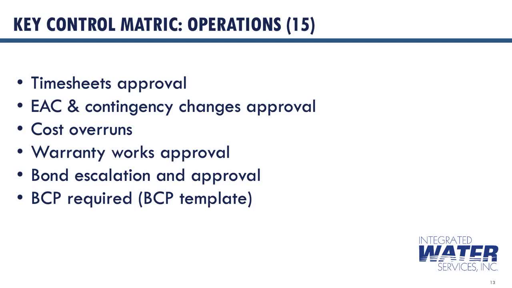Project contingencies are determined during budgeting, aligned with project risk, and require executive leadership team approval for release. The Senior Vice President of Field Operations and the CFO or VP Finance must approve all warranty work before acceptance. All bonds, tender or performance, need to be approved by the CFO. A business continuity plan, including crisis and disaster recovery procedures, is operational for all sites, covering all key processes and IT systems.